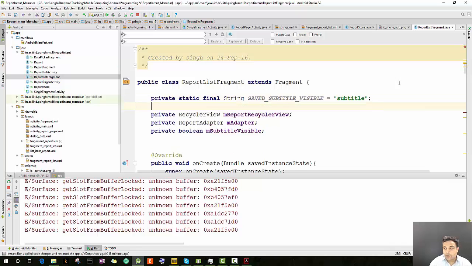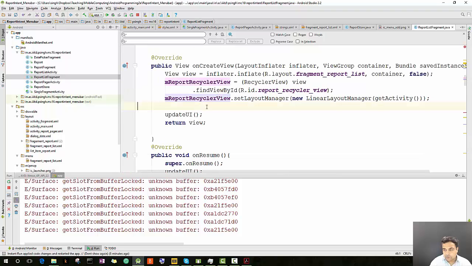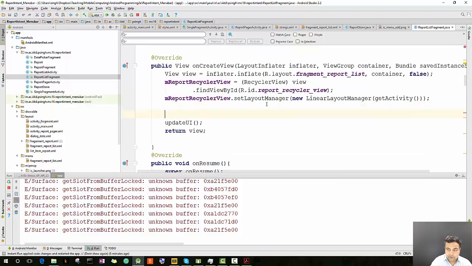As you may have imagined, we will be using a key value pair to pass this information, and then we go to the onCreateView, and in onCreateView we can, just before the updateUI,